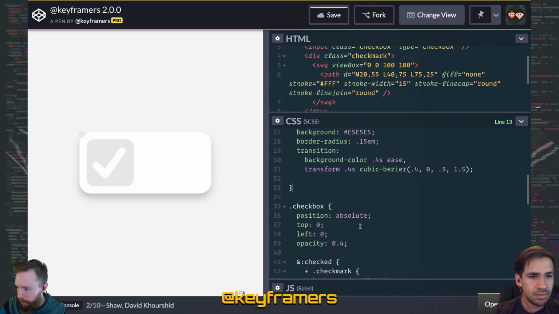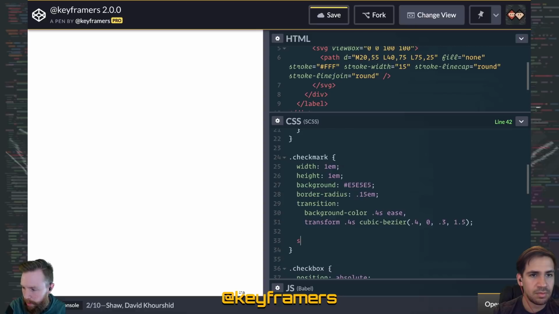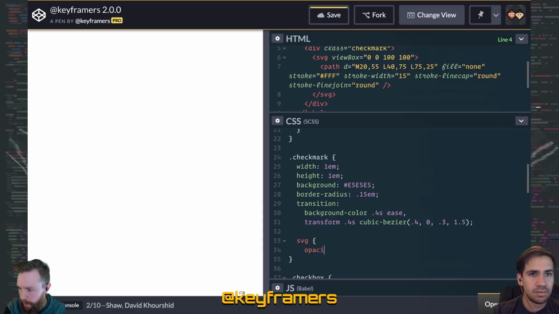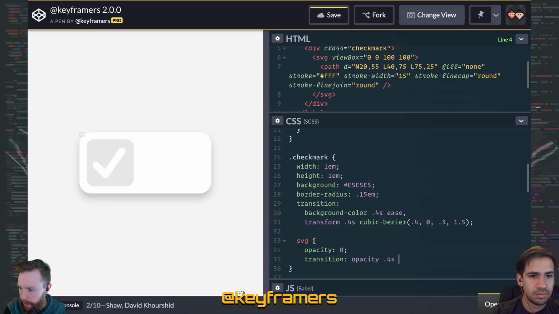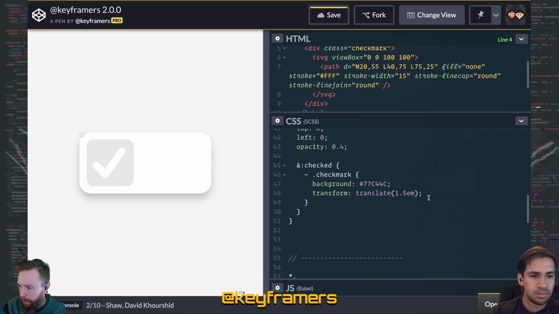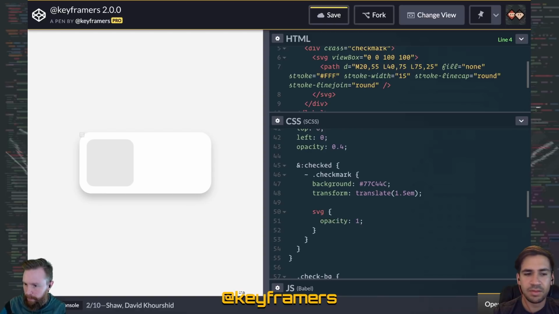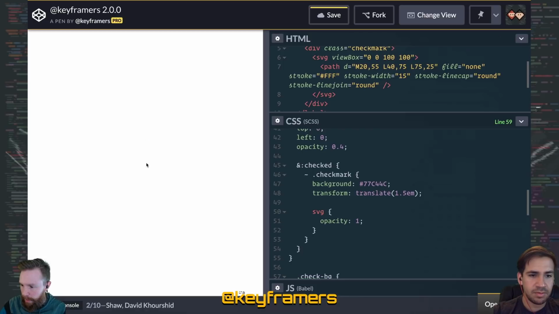We'll want to set that. Let's see, check mark. We'll do just SVG here, set it opacity 0, transition opacity 0.4 seconds, linear, just for now. And then check mark checked, SVG. Are you typing, by the way? Yes, I can see your typing. Okay, cool. The refreshing is slow. Yeah, there we go. So what I'm doing is,